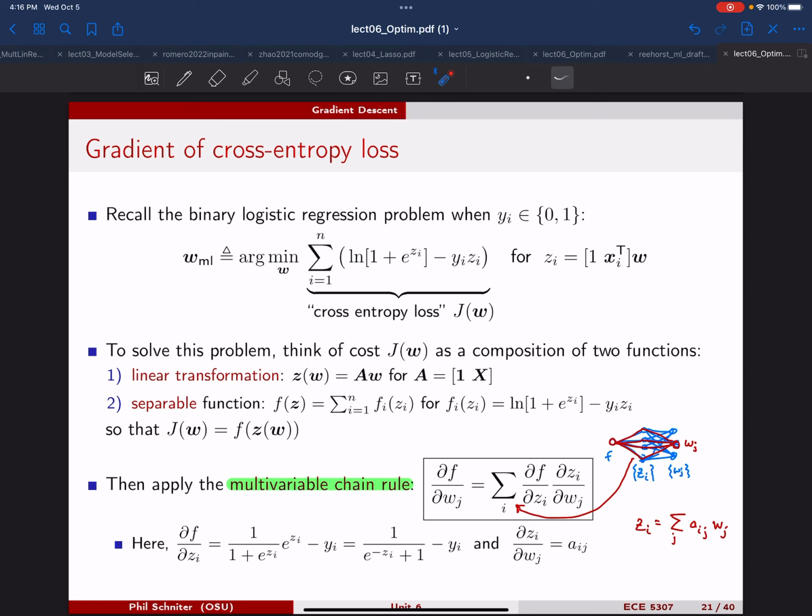We would like to exploit these two steps for computation of our gradient, and we do this through something called the multivariable chain rule. So the idea is we have w going to z going to f. So what we can do is df dwj, we can write as df dzi times dzi dwj, summed over all the different i's